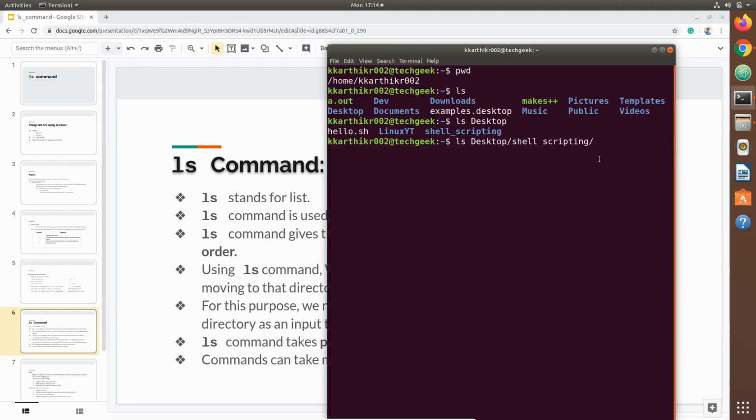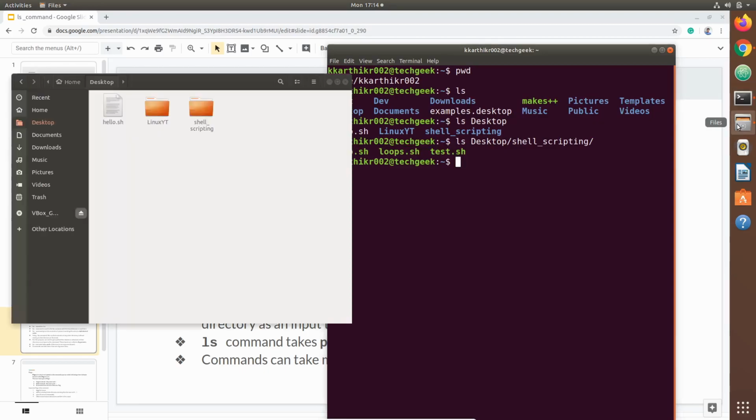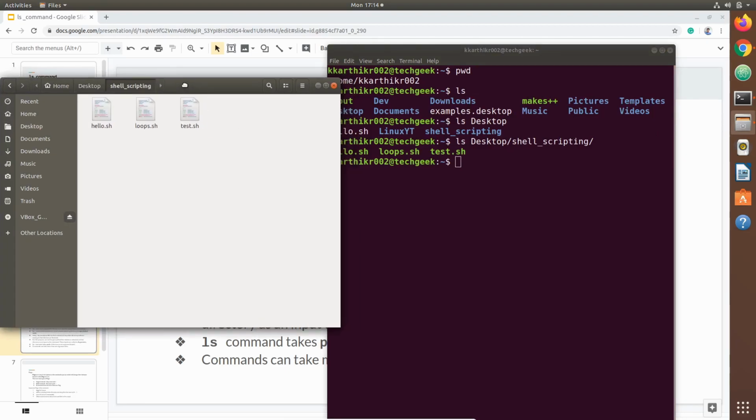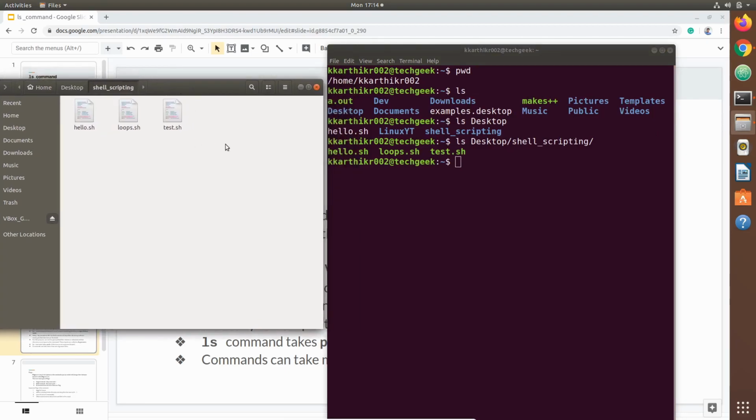Hit enter to run the command. These are the contents of shell scripting. Let's go ahead and check whether these are the contents of shell scripting or not. If you see here, those are the contents of shell scripting.